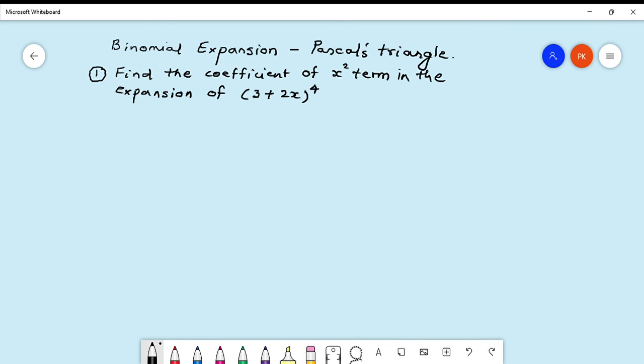Now, whenever the coefficient of a particular term is asked to you, you don't have to